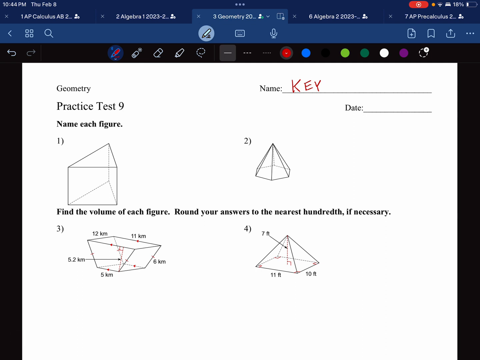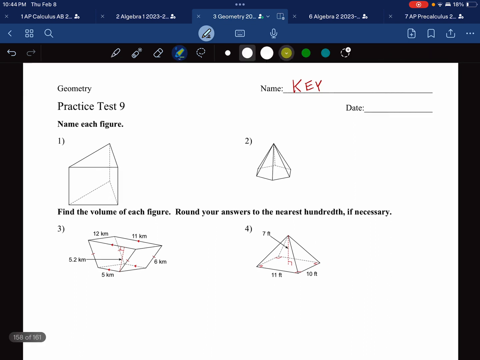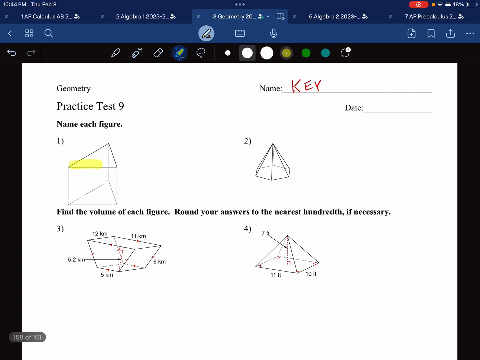So number 1 is clearly a prism. I can tell that because the top here is the same shape as the bottom. The two faces adjacent to each other are the same. Therefore, it's a prism. And what is that base shape? It's a triangle. So it's a